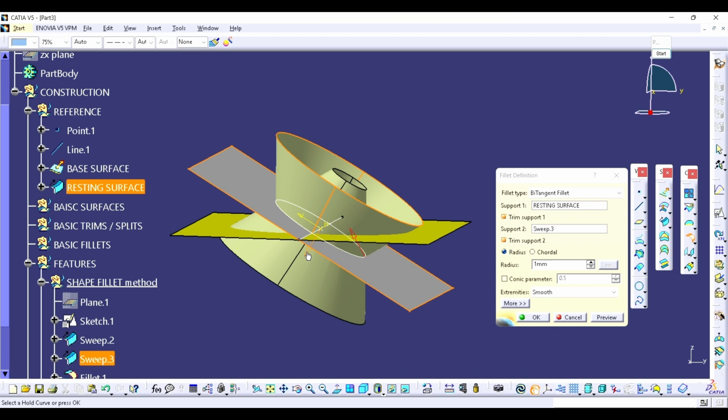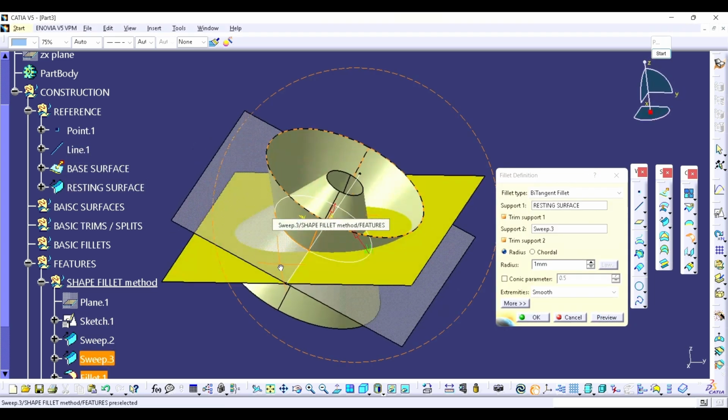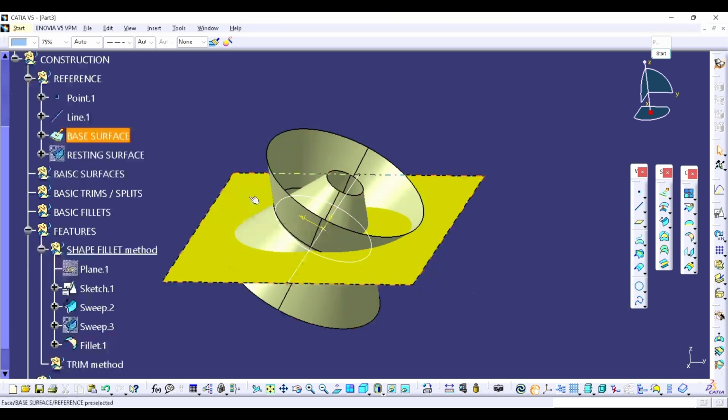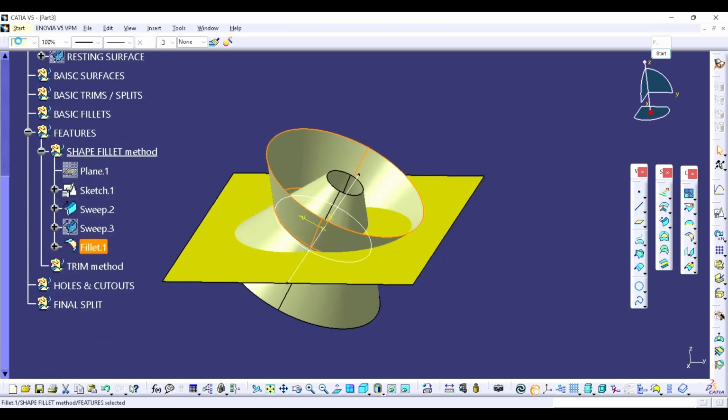By using this you can actually check which surface you want and which you don't. Okay. So first make sure you use these arrows in the inside direction and then click preview. Okay, yes. So that's what we want. Provide here a value of 10 mm radius and click OK. So I'm just going to change the fillet color so you can easily understand what we have